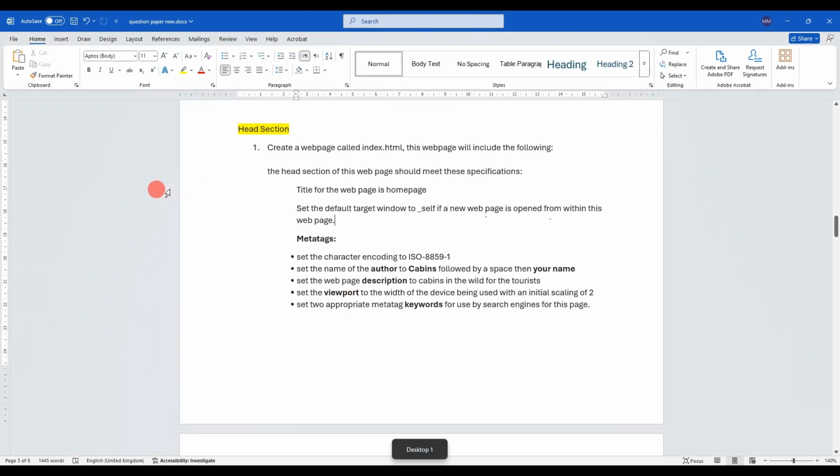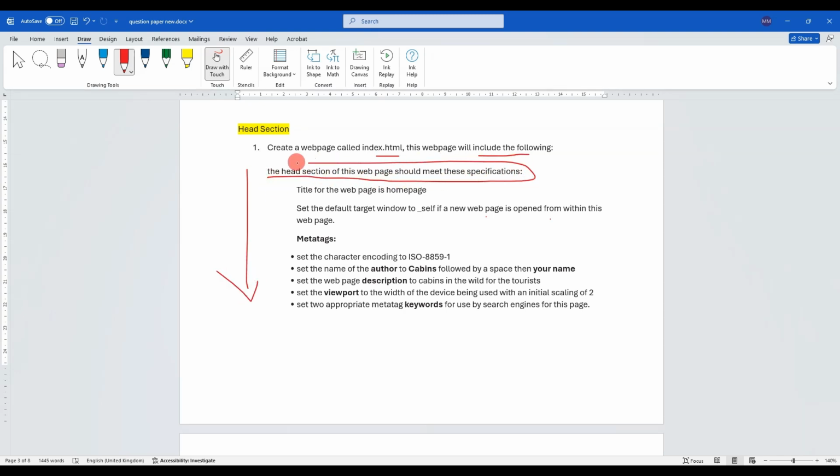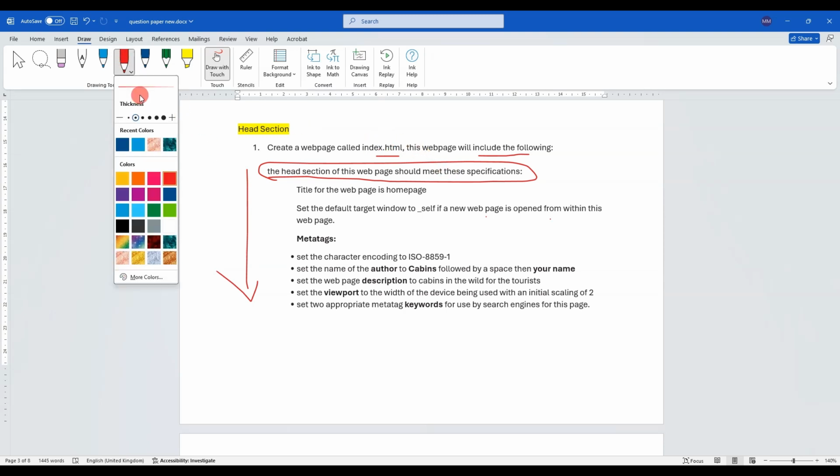Okay, guys, so let's start with the head section, or how you can add information to the head section of the page before you start the rest of the sections we discussed, okay? As you can see here, it says in the head section, create a web page called index.html. This web page will include the following, and all of the following should be defined in the head section. Okay. So let's copy first the page itself,